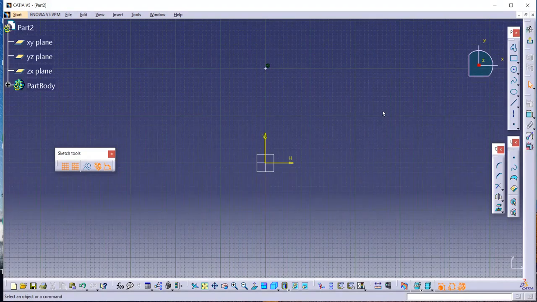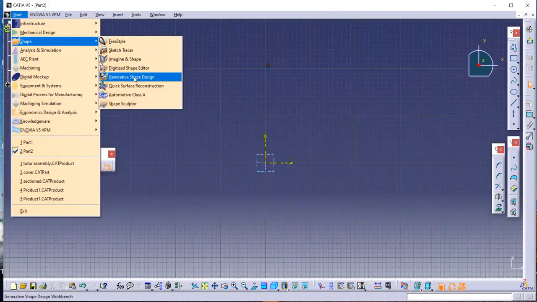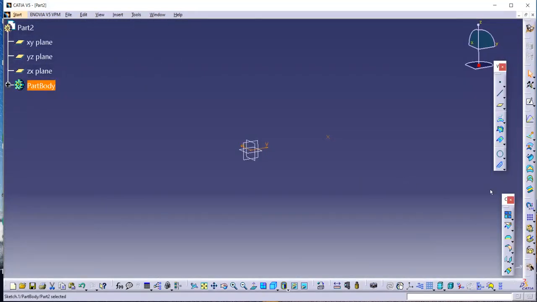So let's go to the Shape Design. From Start, Shape, Generative Shape Design, there are a number of tools that are used to construct the geometry of the spring or the spline. From this, we click the spline, the helix,